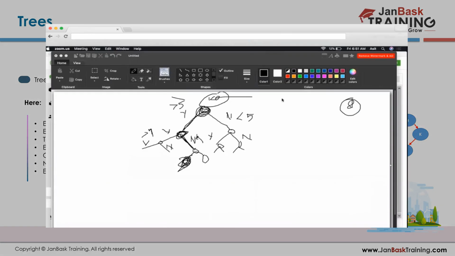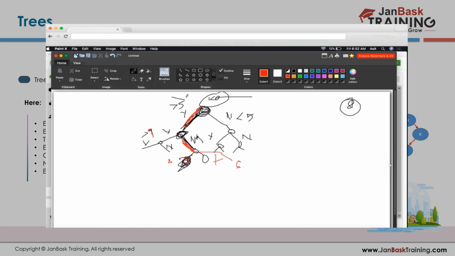Here, if I want to classify the number 8, I will check whether it is greater than 5. Yes or no? Yes, it is greater than 5, obviously, number 8. Then it will come to this left side branch. Then it will again check whether it's greater than 9 or less than 9. Obviously it is less than 9, so it will come to this branch. Here, less than 9 means it can be 8, 7 or 6.